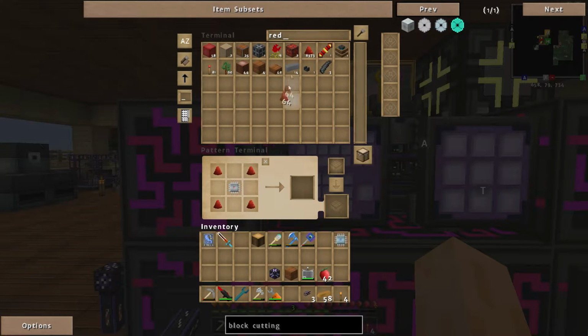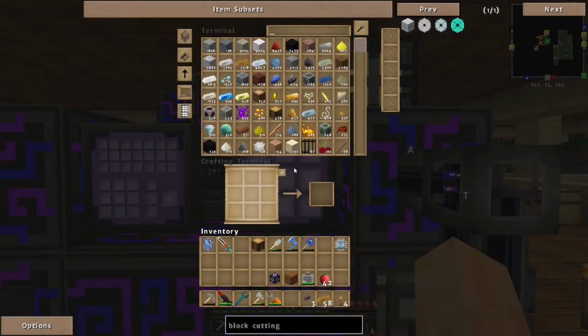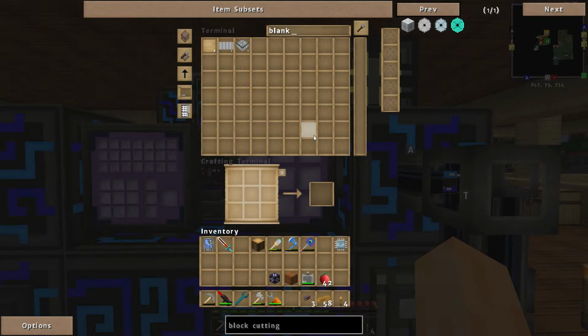That's very bizarre. We also need glowstone. There and there. And lapis. Lapis. There we go. Boom, boom. That makes an advanced circuit. We also need a blank pattern. Can we create like 5 of them maybe? Perfect. 1, 2, 3, 4, 5. Come on. We're waiting for...